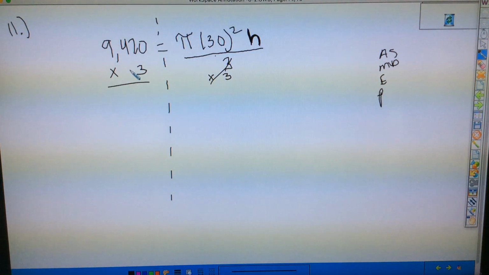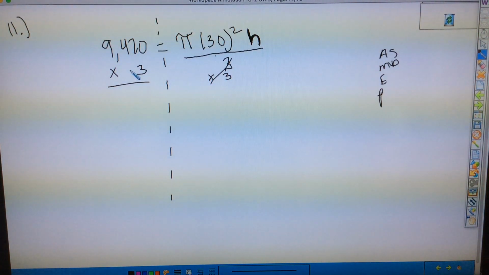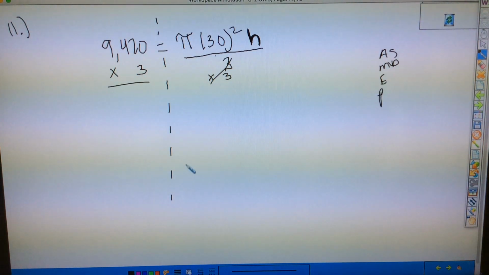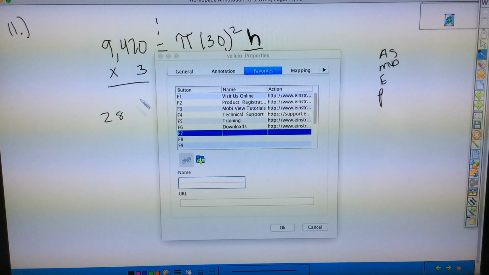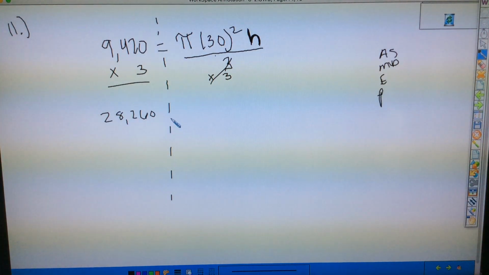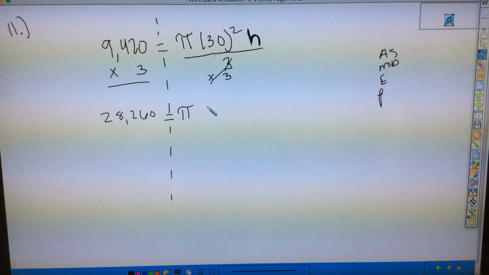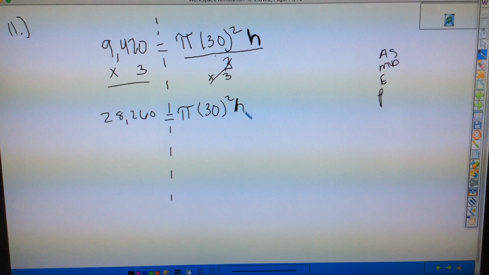So 9,420 times 3 is going to give me 28,260. 28,260 is equal to, I still have my pi, I still have my 30 squared, and my h. Okay, so now I have a lot of